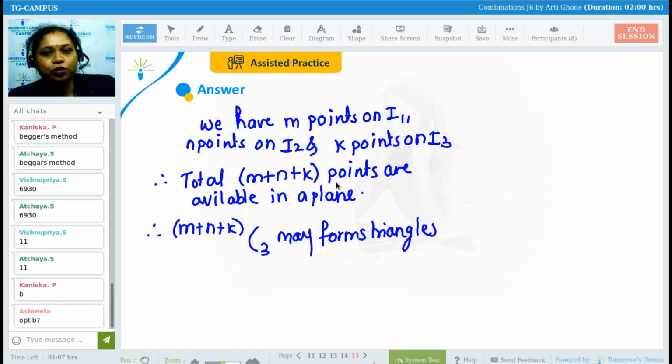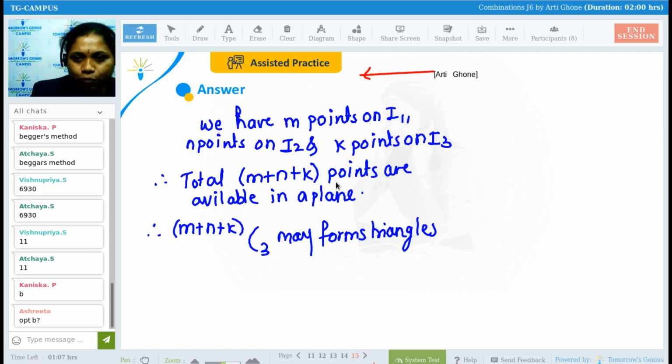Because M are collinear points. Yes or no? M points are lying on one line only, N points are lying on one line only, and K points are lying on one line only. So if all three points are taken from the M point set, then it will not form a triangle. Getting my point? Okay. If I take the case where I'm selecting 3 points, fine, but I am taking it on one line only. Are they forming a triangle? No. Clear? Okay. So,